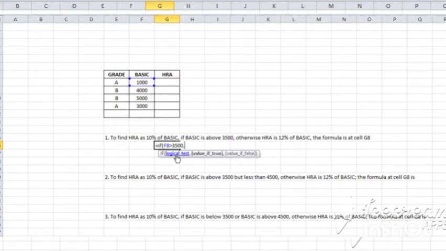If it's true then the basic should be 10%, and if it's false then it should be 12%, bracket close. So it is less than 3500, it's not above, so we have considered 12% of basic. HRA is 12% of basic.